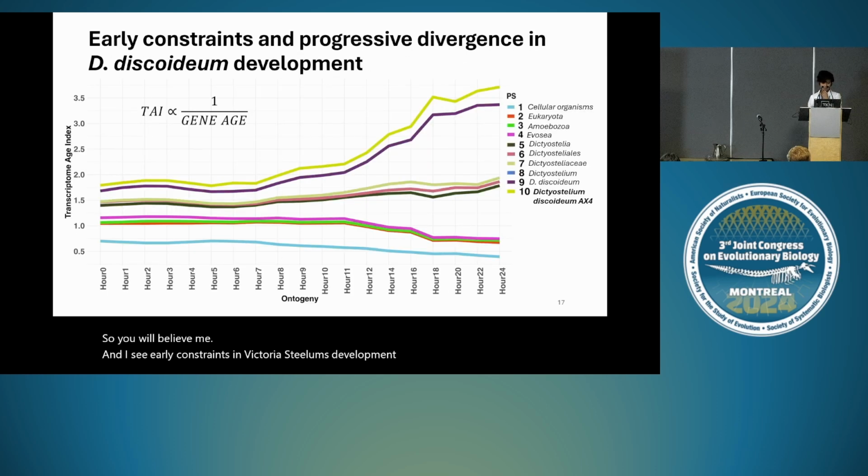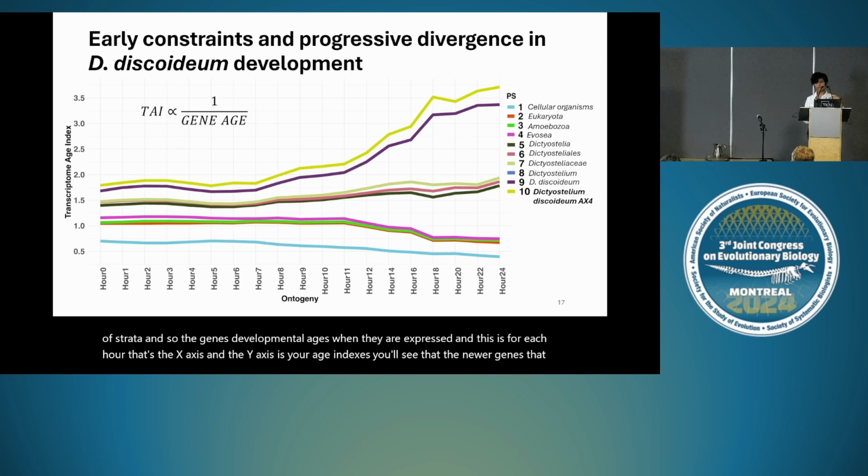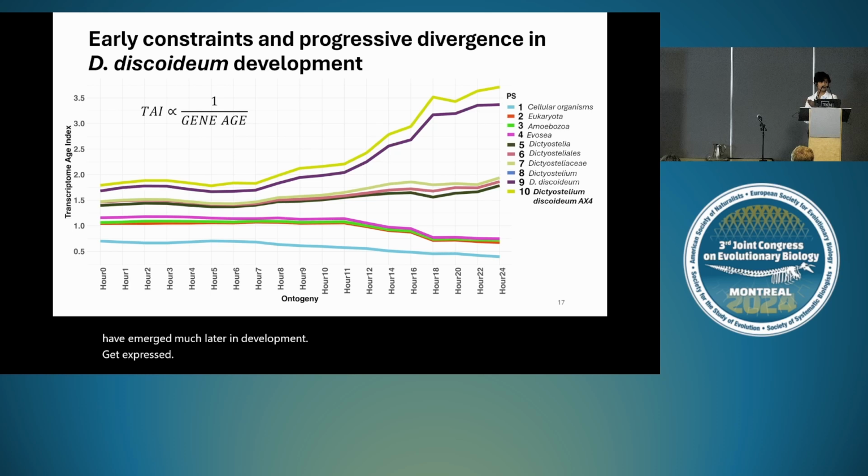And when I see this for each phylostratum, the genes' developmental ages, when they are expressed, for each hour on the x-axis, and the y-axis is your age index, you'll see that the newer genes that have emerged much later in evolution get expressed in later stages of development. But what does this mean for